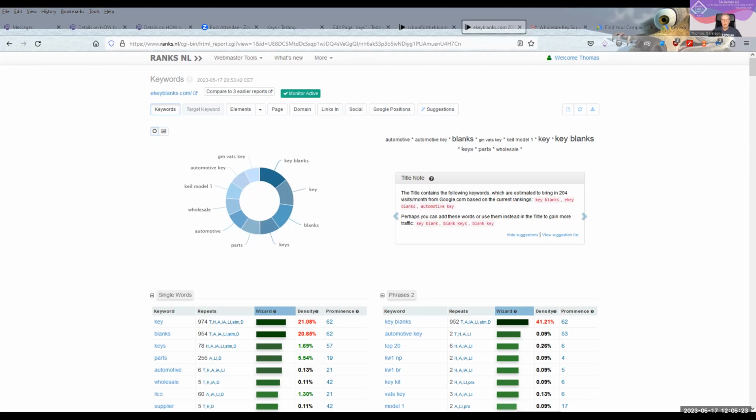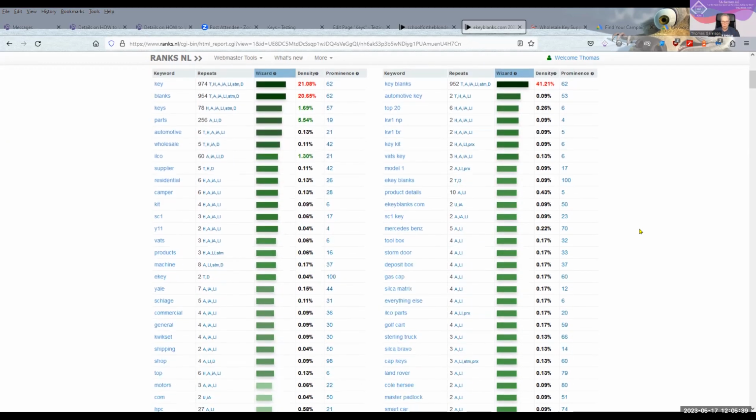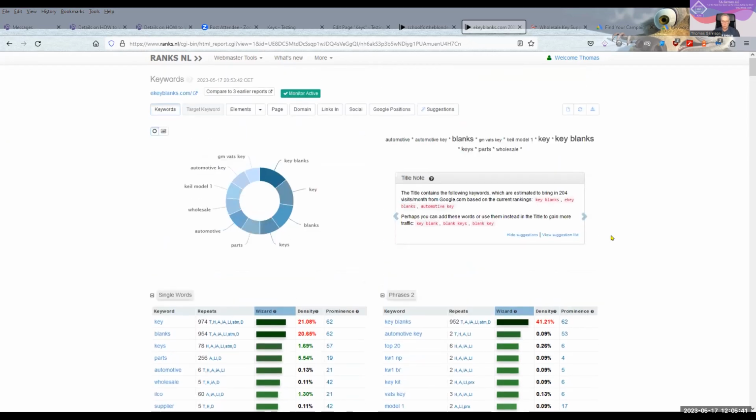But let's just say you did all that stuff, you did the investigation and you rewrote it based on everything that we've talked about. Then you go to Ranks to look and see what the search engines are seeing. And that's what this page is telling you. They're going to see how many times the keyword is there, what keywords are in the page, which ones are prominent, suggestions for keyword terms, and you can slide through this thing and find other ones. So it's a wealth of knowledge to be able to get this from Ranks.